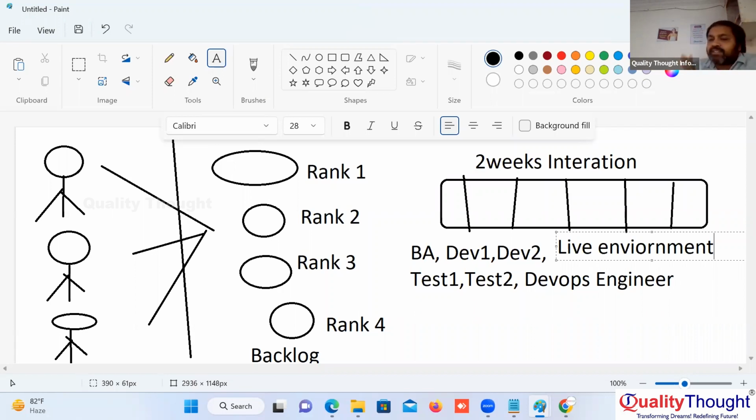So I'll give you a live example. For example, in iteration one, we want to build an e-commerce application like Amazon or Flipkart. We want to build Flipkart. In iteration one, what are we going to build? Simple login,